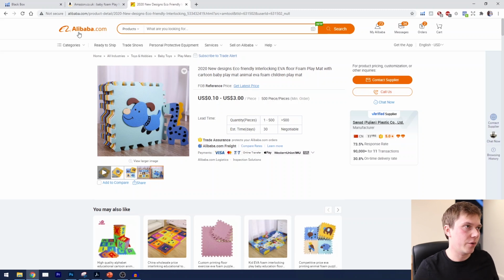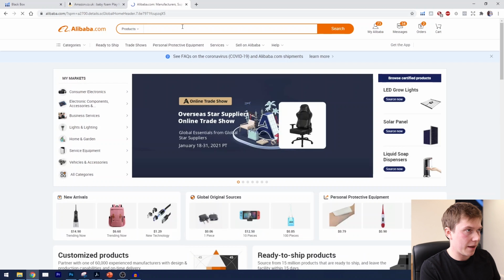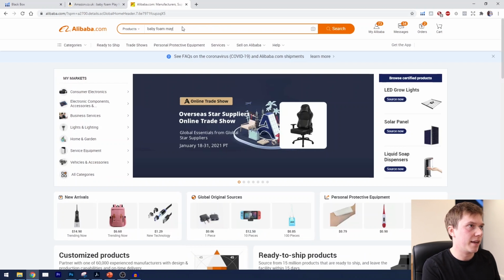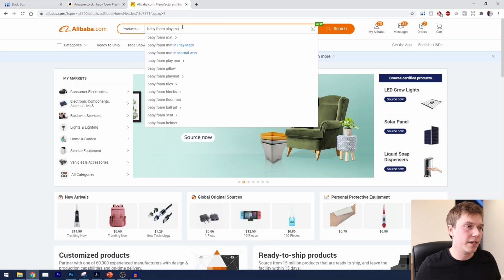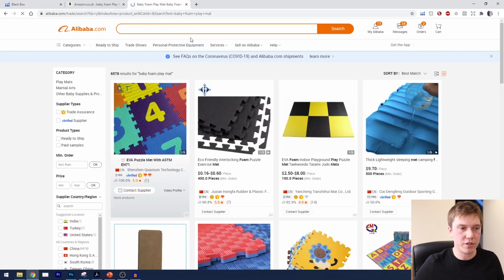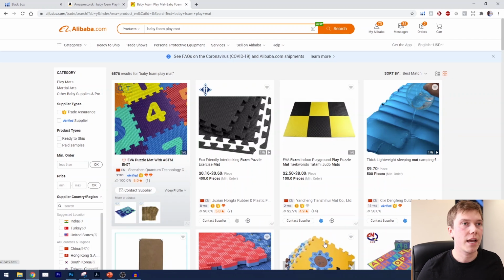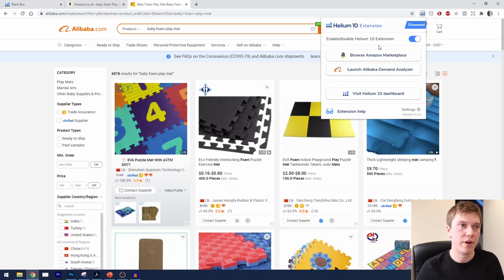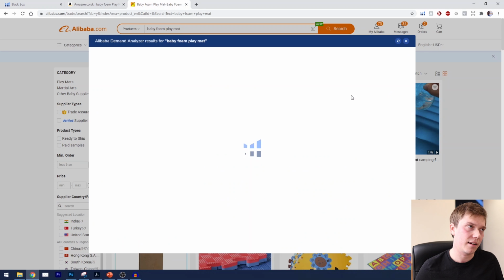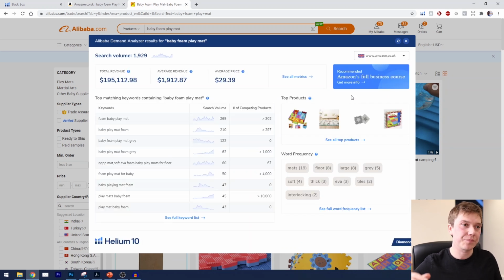So let me show you how it works. If we go to Alibaba, I'm going to type in that baby foam play mat again and press enter, and we're going to be shown similar results to what we just saw on Amazon. So in fact, we can see our result there. Now what we're going to do differently to before is use Helium 10. We'll click Helium 10 and press Launch Alibaba Demand Analyzer. What this is going to do now is pull information from Helium 10's Magnet and Black Box tool and give us all the key information that we need to be able to think of different ways to differentiate